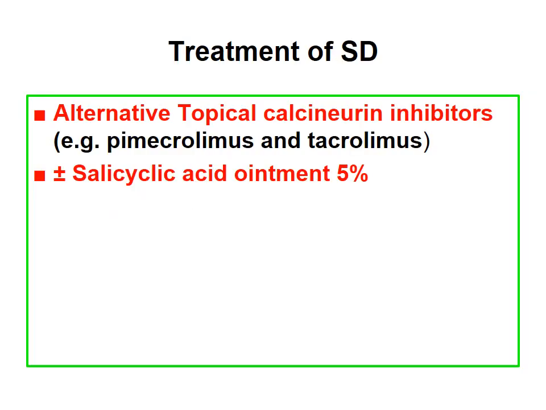There are alternatives, like topical calcineurin inhibitors such as pimecrolimus or tacrolimus, and sometimes plus or minus salicylic acid